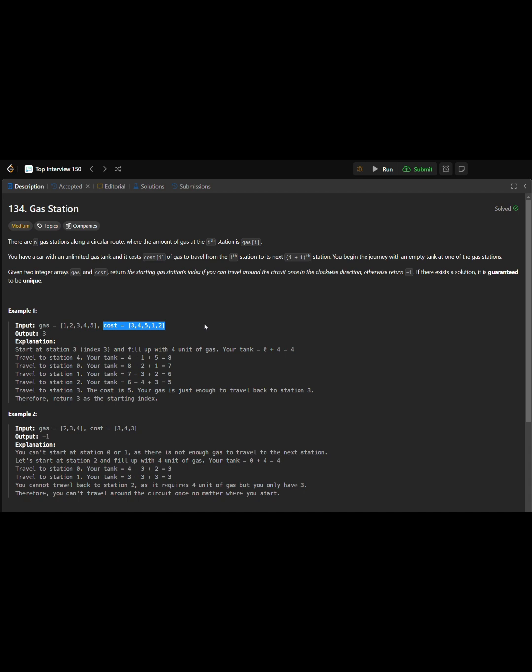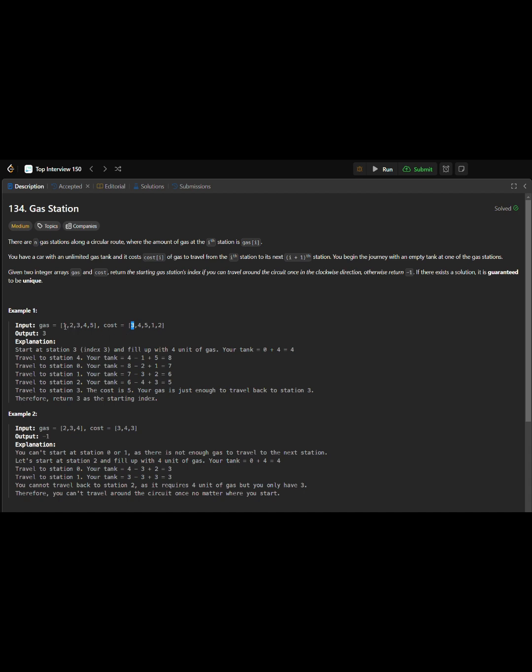So first, it's very obvious that if the sum of the gas is less than the sum of the cost, then there's no possibility you can make the run. Once that is eliminated, we can start from index 0 of gas and cost, comparing the sum so far: all the previous indexes of gas added together and all the previous indexes of cost added together